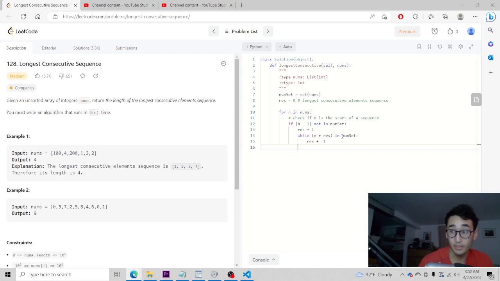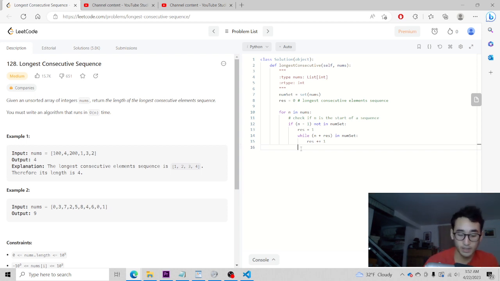And with this, as we look through numset, what will happen is that we find the n plus result that doesn't exist in numset, because we've added 1 to the result, which is the longest consecutive element sequence.